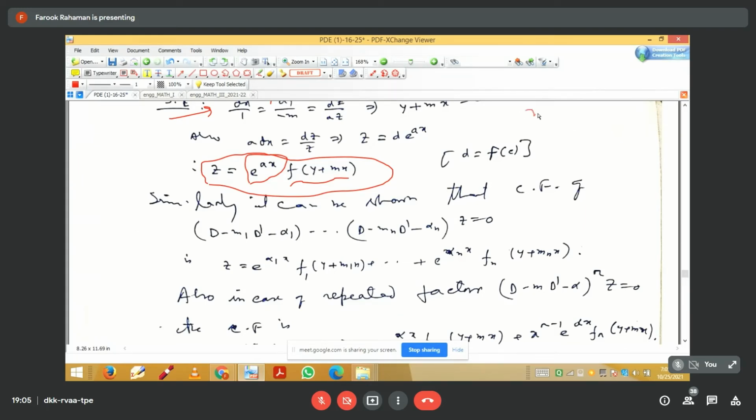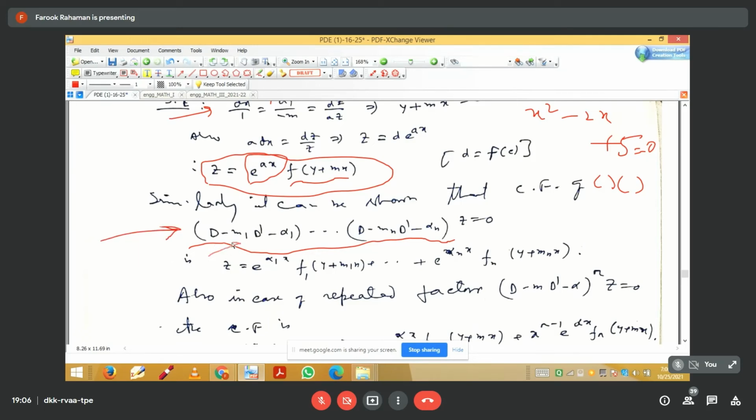Similarly, a non-homogeneous partial differential equation can be written in product form, because we can easily factorize any equation, say 2x minus 3x plus 5, etc. So the differential equation in terms of D and D dash can be easily factorized in this way. And you can see that these factors are non-homogeneous because of the presence of the terms alpha 1 to alpha n. If alpha is 0, then it's homogeneous. If alpha is non-zero, then the factors are non-homogeneous. So as before, the solution is like this.